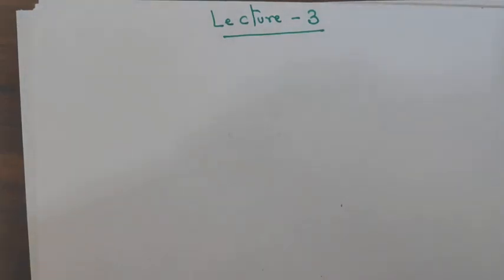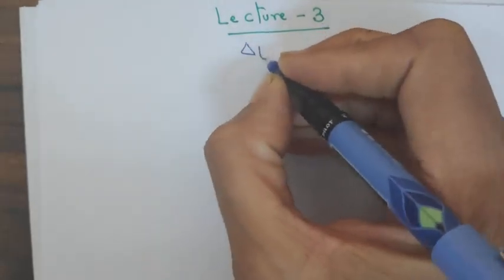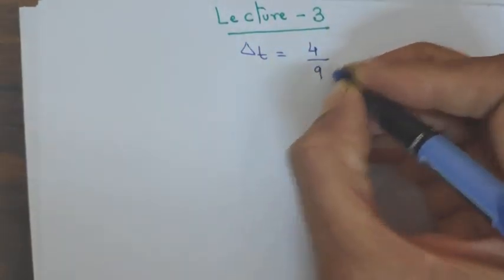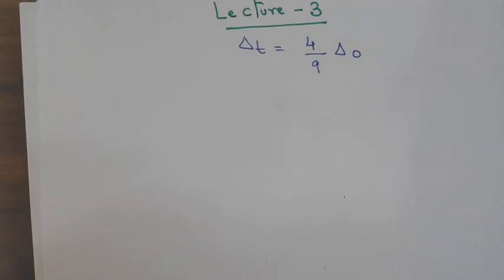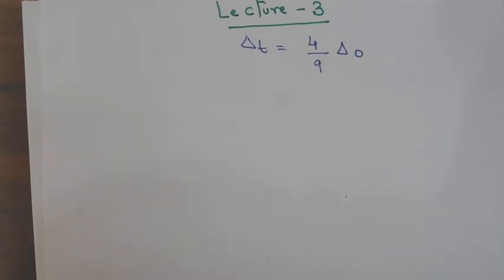So crystal field splitting in the case of tetrahedral complexes is inverse of the splitting in the case of octahedral complexes. The set of orbitals, that is E, is lower in energy, and the set of the orbitals, which is called T2, is higher in energy. Also we discussed that the value of crystal field splitting in the case of tetrahedral complex, delta T, is 4 by 9 of the splitting in the case of octahedral complex. It means the splitting which is caused by the ligands in a tetrahedral complex is always lower than the splitting which is caused in octahedral complexes.